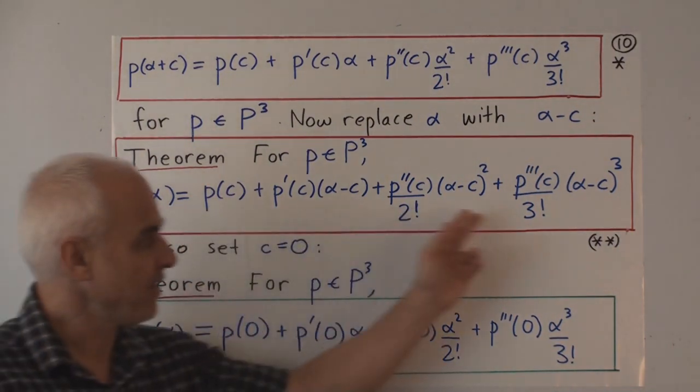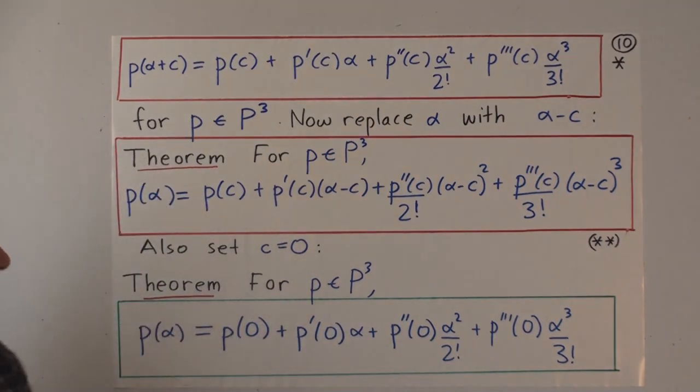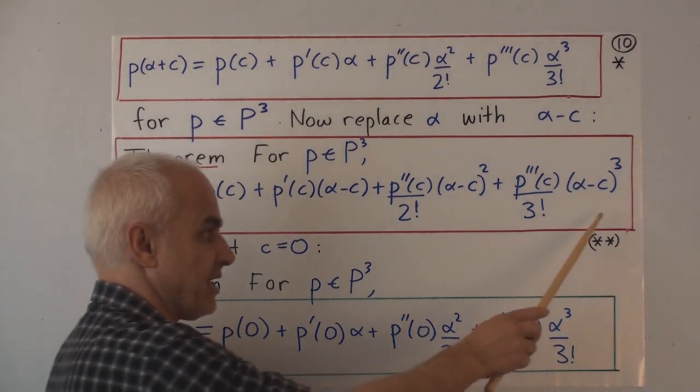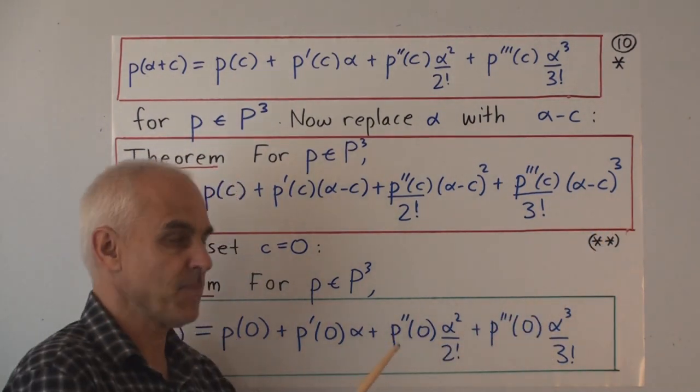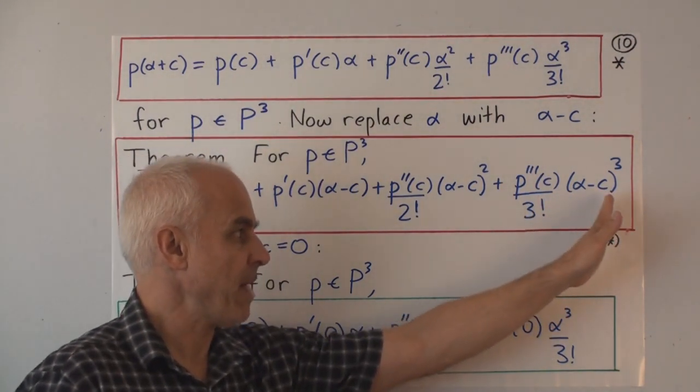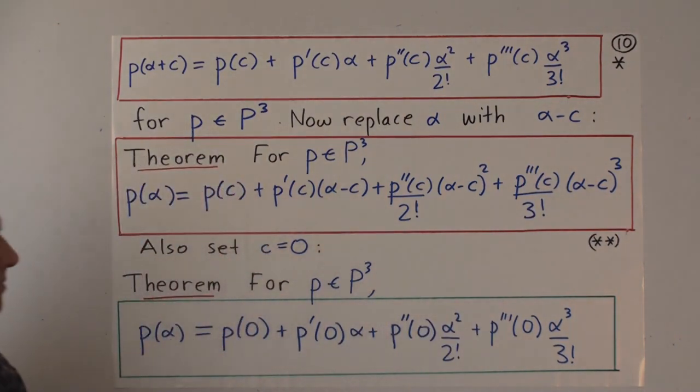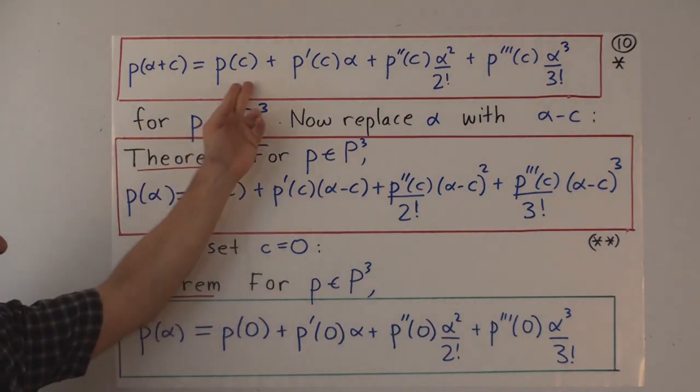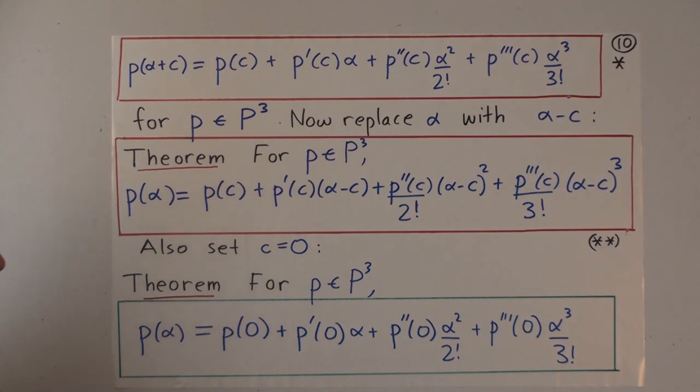In calculus, this is essentially a Taylor series. It's a Taylor series for the polynomial of degree 3 or less. And for such a polynomial, the Taylor series is actually a polynomial. It doesn't carry on past that term. It's a consequence of that formula there that we established.